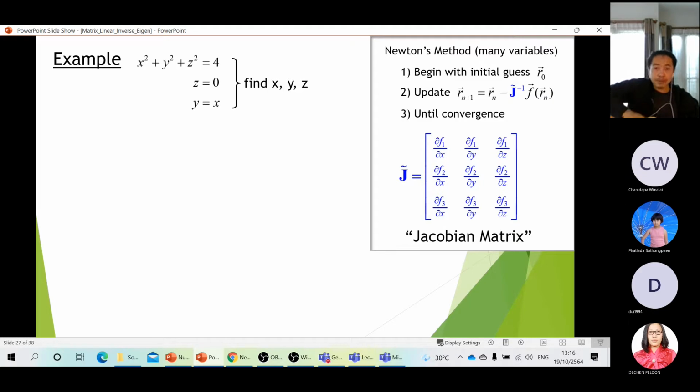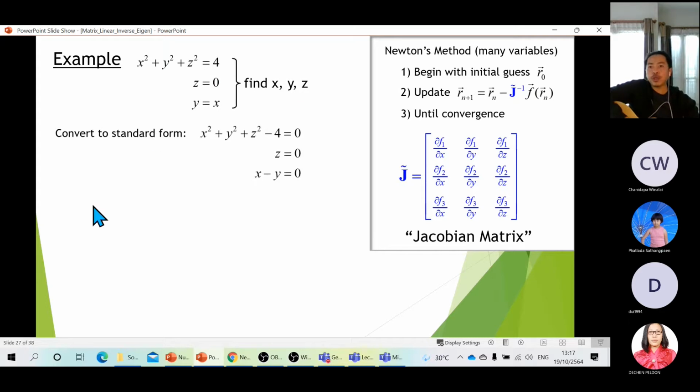Suppose, in this case, I have 3 unknowns, x, y, and z, and I have 3 equations written in this form. Now, on the right-hand side, I have this info box to show you the steps, but let's focus here on the left panel of the slide. So we have these beginning equations, 3 of them, and 3 unknowns to solve for. So what do we do in the next step?